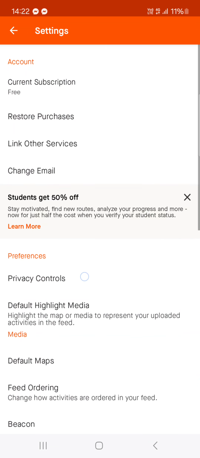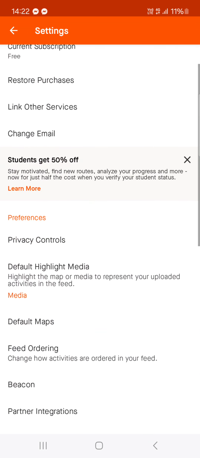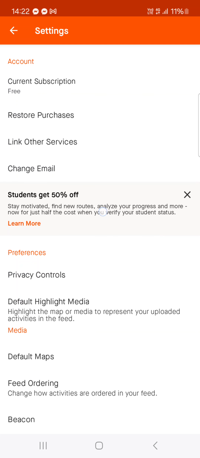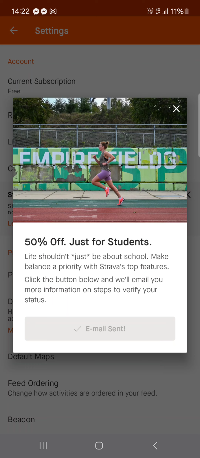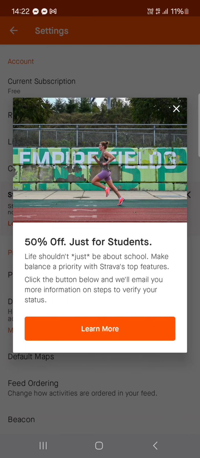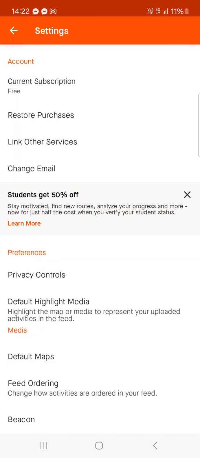And here, as you can see, under the account section at the bottom, there is a "Students get 50% off" little notification. If you tap on this, a pop-up is going to be shown. And then if you tap on learn more, it's going to redirect us, and we are going to receive an email through which we can actually get this 50% off discount of the subscription if we can show that we are actually a student enrolled at a faculty or at a university or